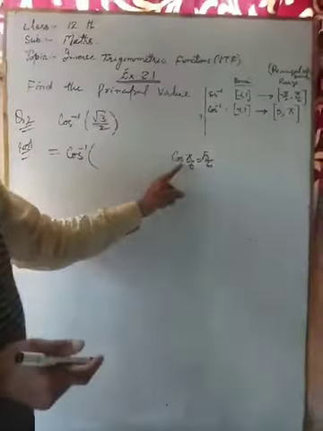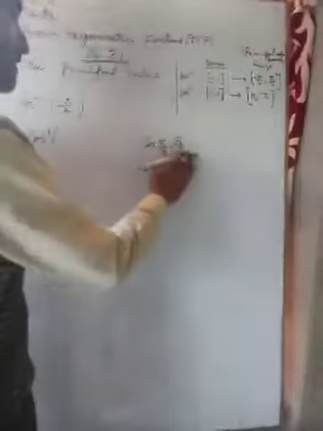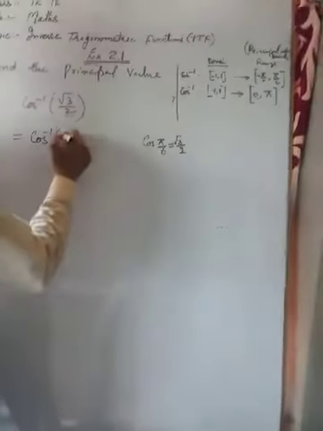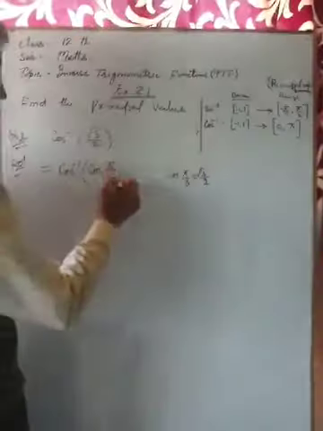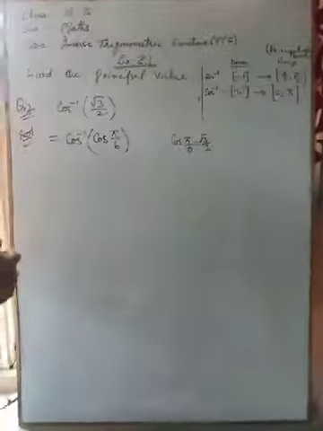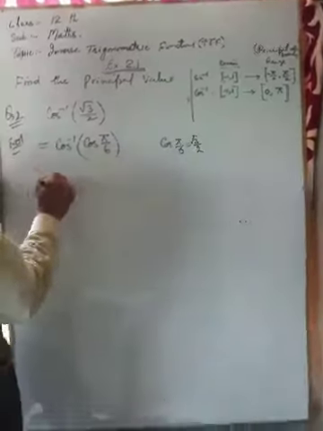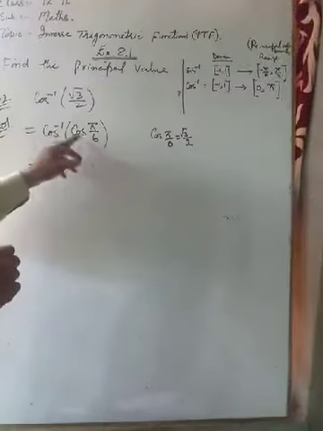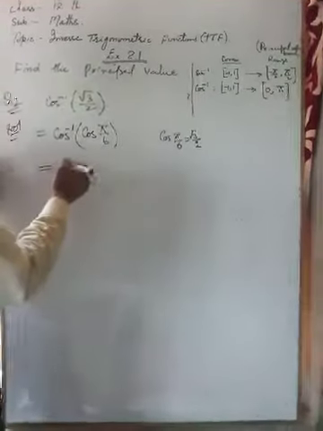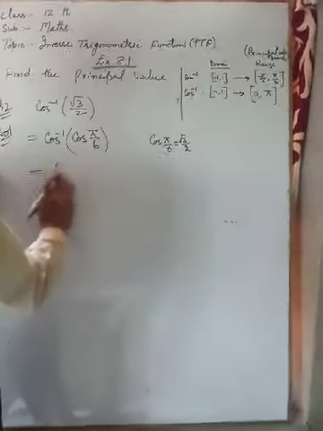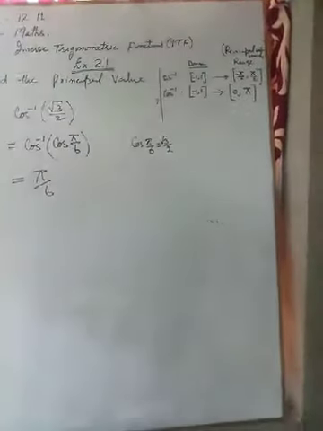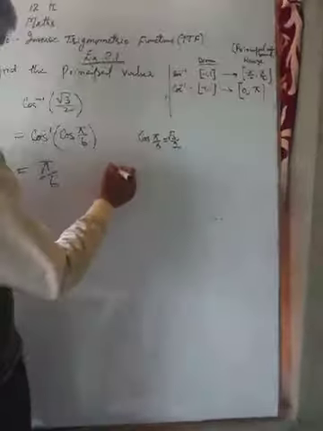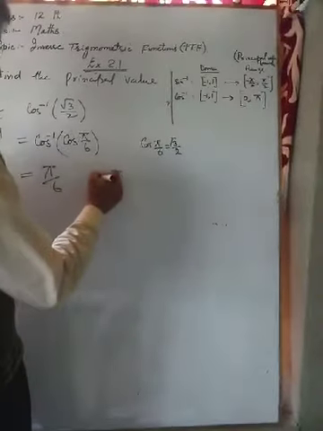It is cos 30 degrees, equal to √3/2. So we can write here cos of π/6, we can simply write it as cos inverse cos π/6, which is equal to π/6 simply, which is the principal value,